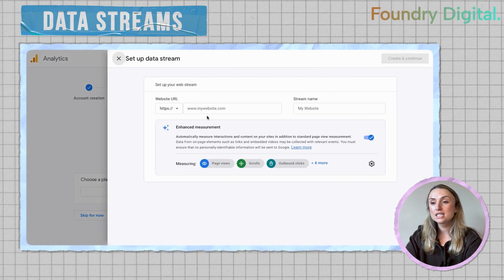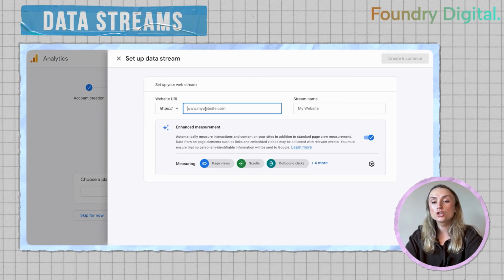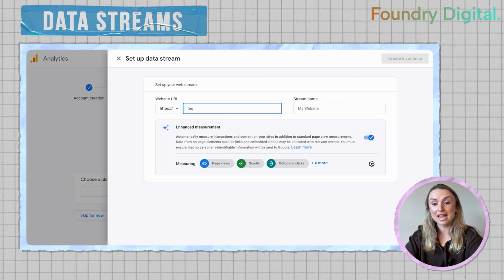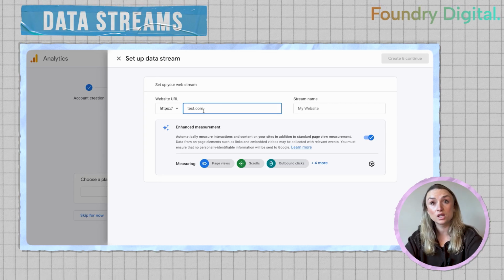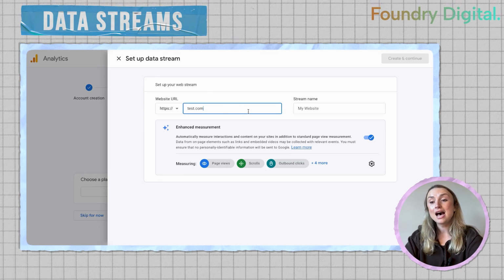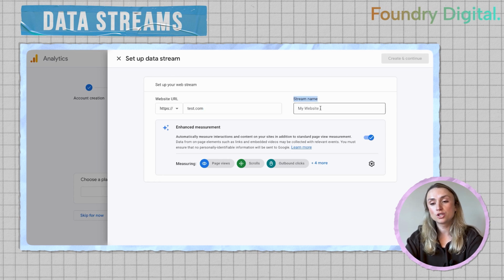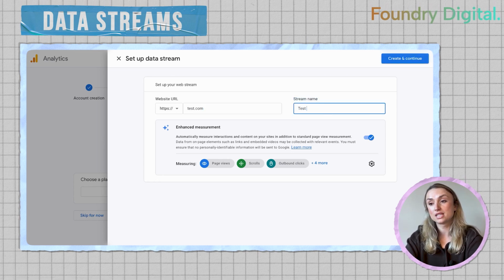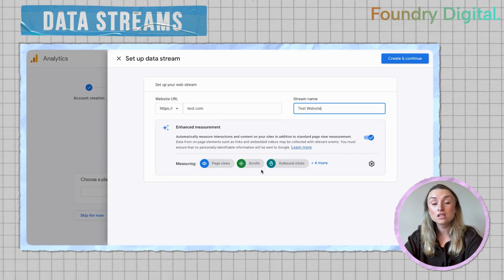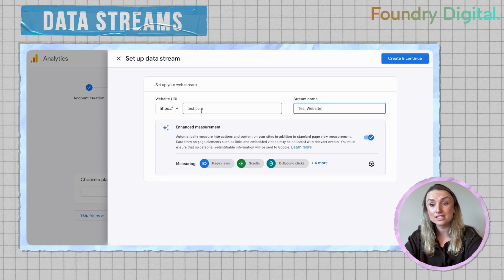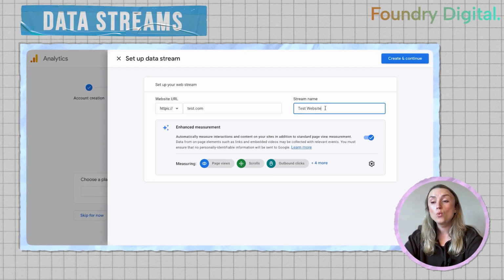We're going to go website, and internally, we're just going to write website name. By putting it in here, it does not mean it's linked to your data stream. It's only a way of categorizing your website. And again, we're just going to do it for internal purposes, test website. So once we have that all set up, again, this is not a way of tracking a data source. It is just setting it up online. We create